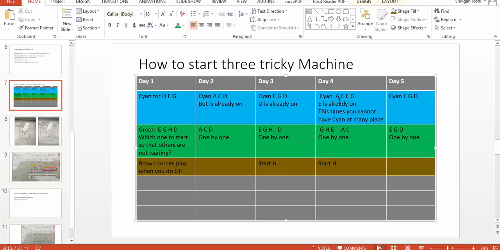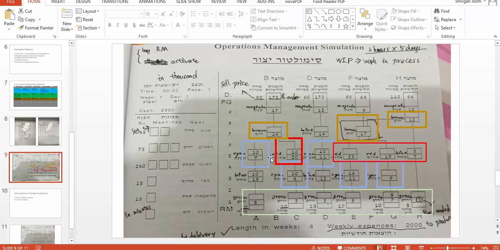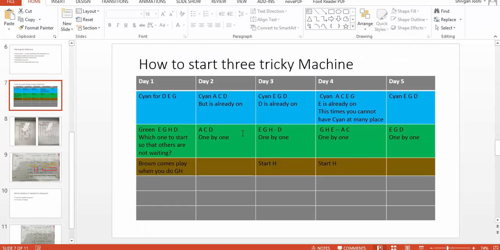Like for example, on day 4 you need to start 4 science, which are the big ones. So ACEG. So A, this is 1, and C, this is AC, this is E, and this is G. So I would start, I think, if these 2 start and get over quickly, then I don't need them, but I cannot start one of them. So whenever I get EG, I would prefer to start EG first,